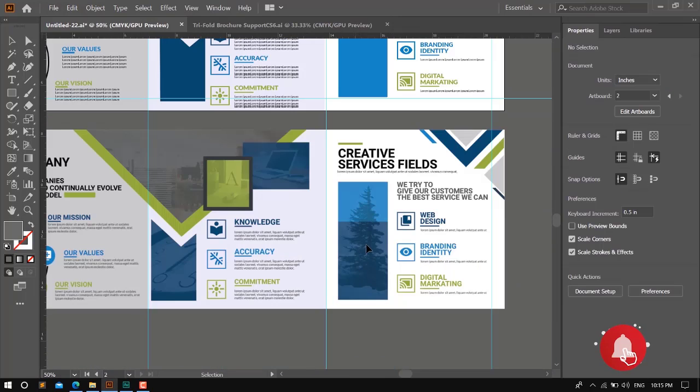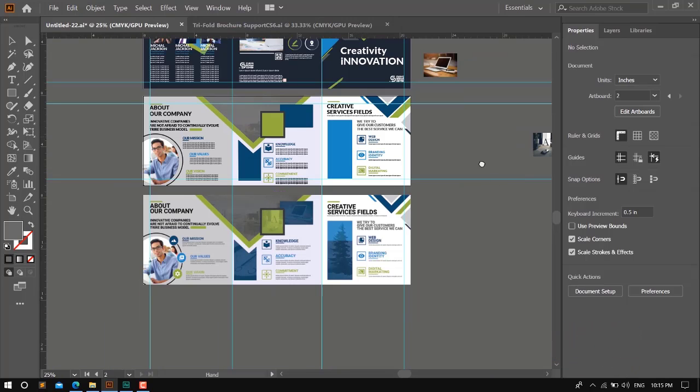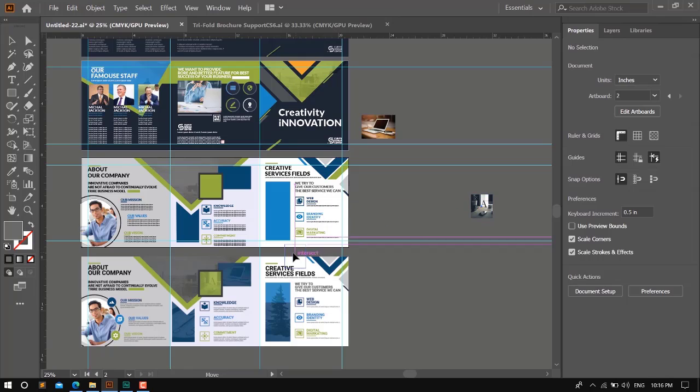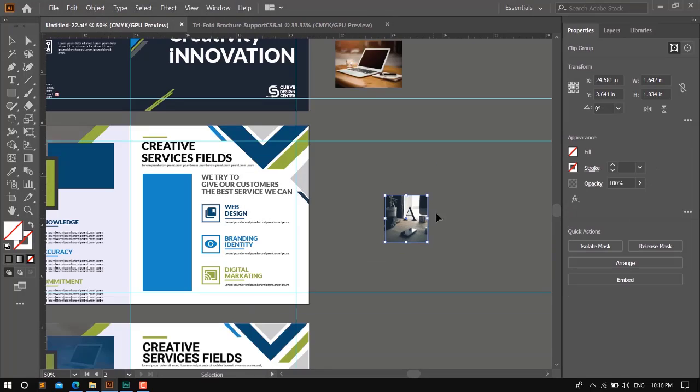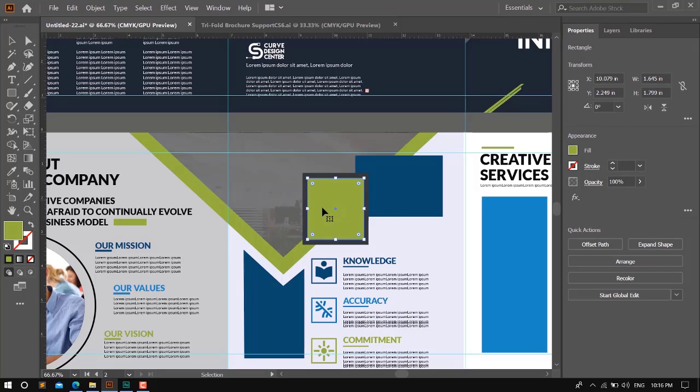Okay, you can also apply textures for other boxes. Like I have some images for this text box, for this image box.